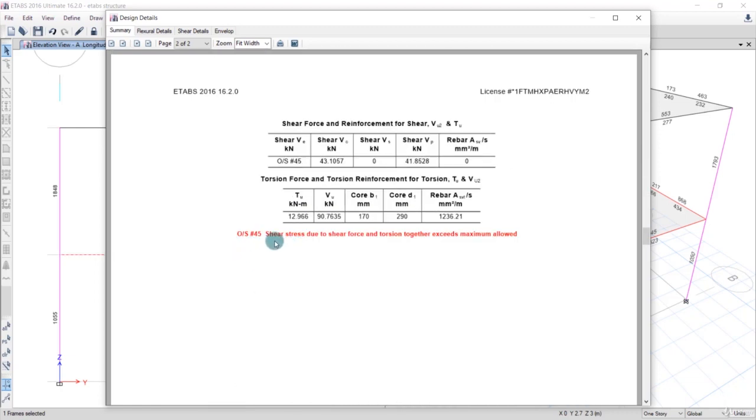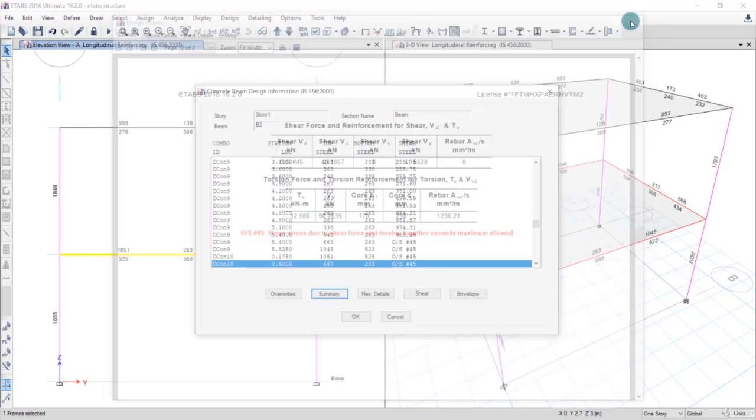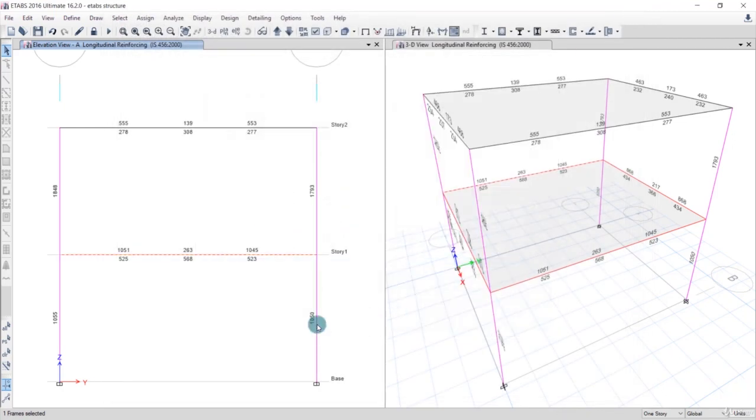Over here you can see that shear stress due to shear force and torsion together exceeds the maximum allowed. So it means that our beam has failed in shear, so it is not able to carry all the shear force due to the load. So what we'll do now is increase the size of this beam. For that, just